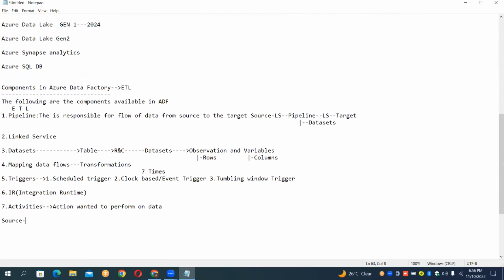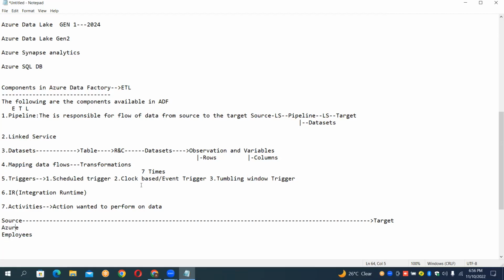Now guys, source is here and target is here. In the source I have a file called employees. Let us assume this is Azure; in Azure only you have it. A file with the name employees is there in Azure. Now this file you have to copy from the source to the target.